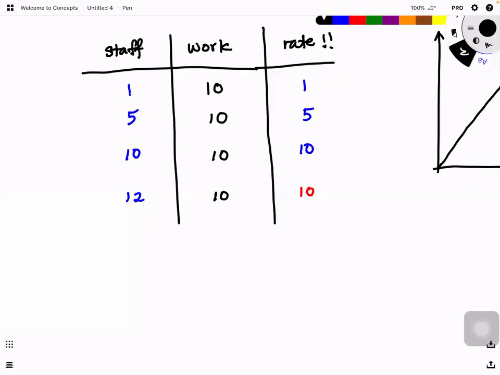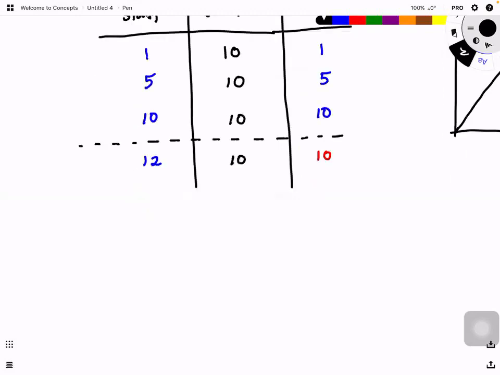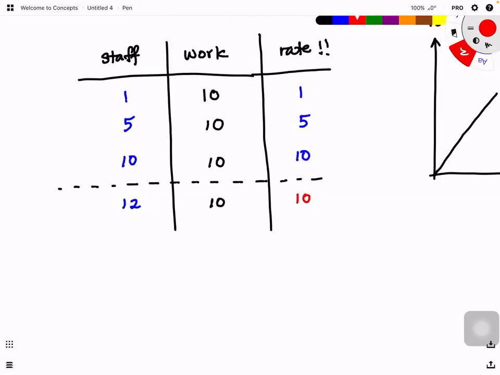So it means that beyond this point, you can see that I have more staff than the work. If I have more staff than the work, it means that now I say that you have the limiting factor here, correct or not? The work is the one that limits the process. Initially, if you look at this part,